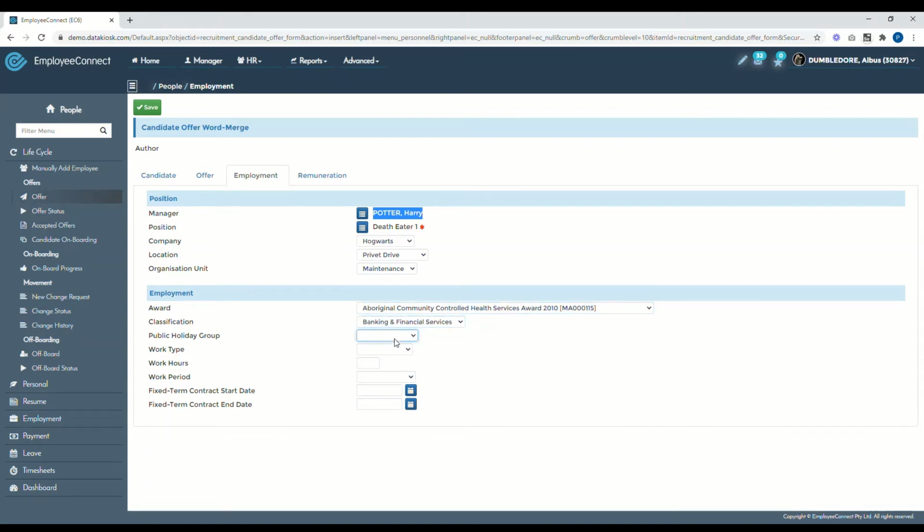classification, public holiday group, which powers the leave requests, for example. Now, the system will know if they file a leave request that falls on a holiday, then it wouldn't deduct hours against his profile and leave balances. So that is helpful. Work type, full-time or casual, work hours, and then work period,